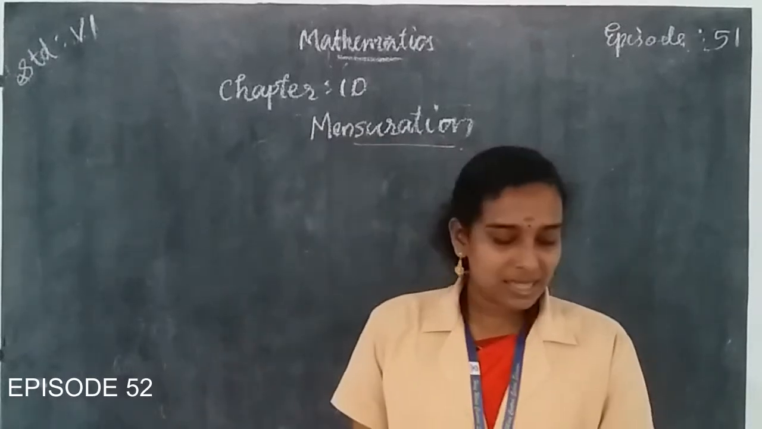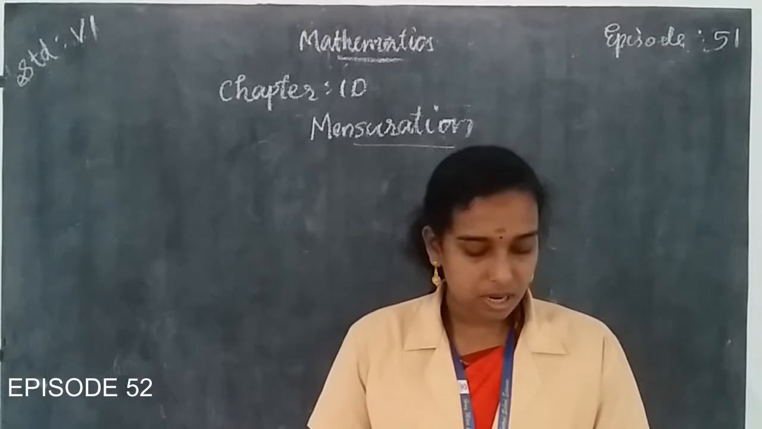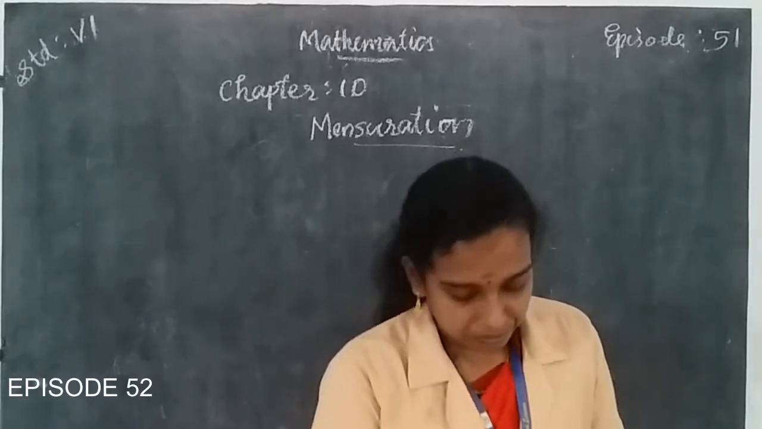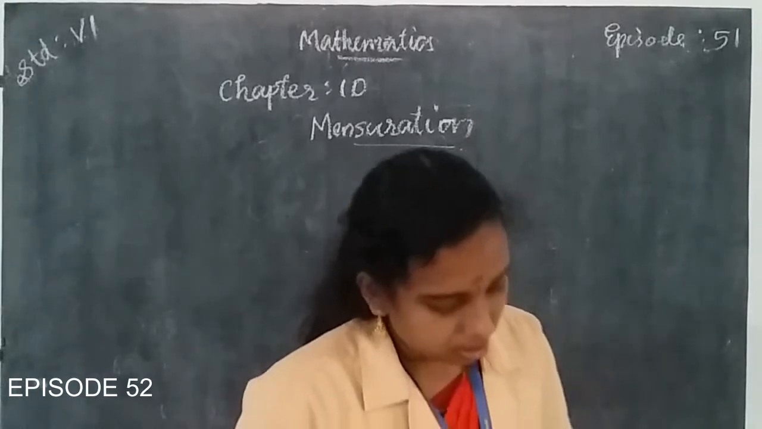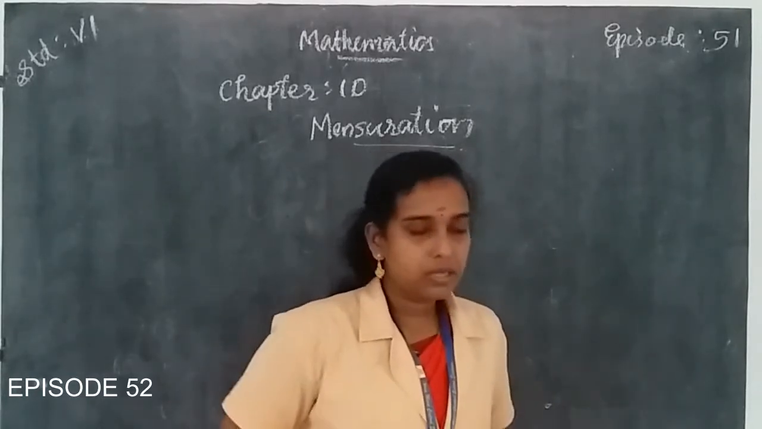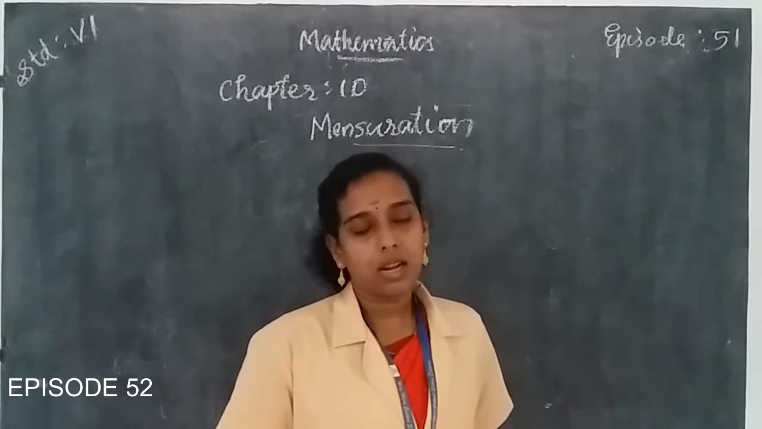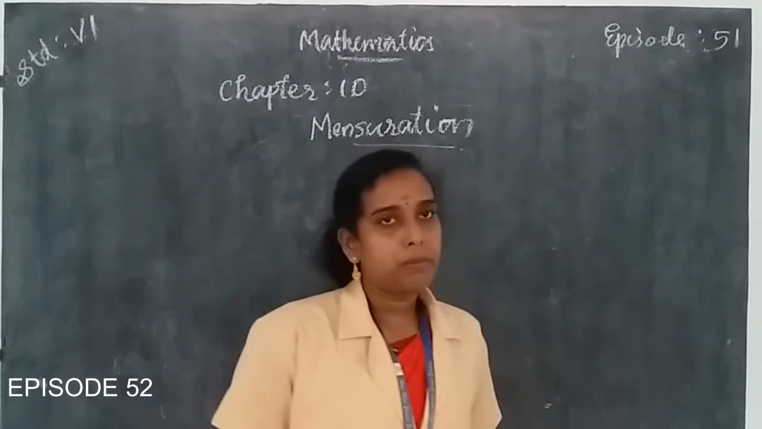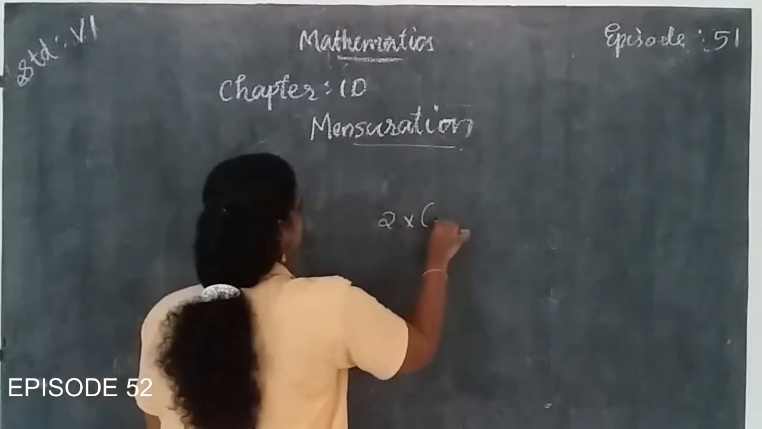Hi dear students, today we are going to discuss exercise 10.1, question number 13. Here we already discussed perimeter. So, how to find the perimeter of a rectangle? To find the perimeter of a rectangle, the equation will be 2 into length plus